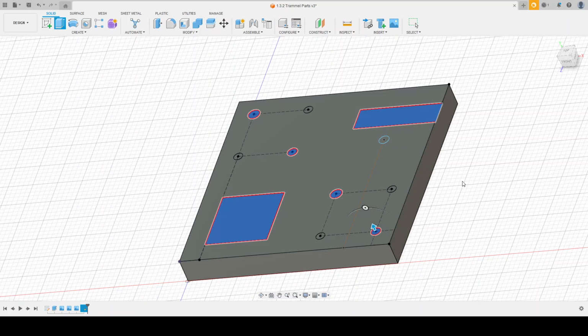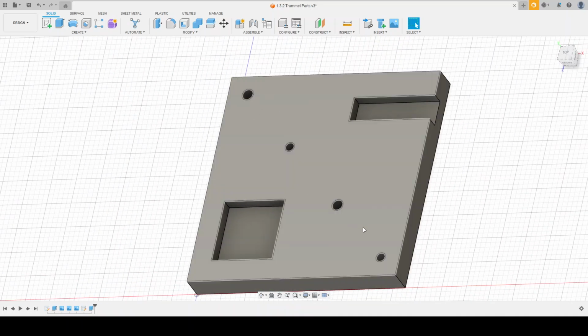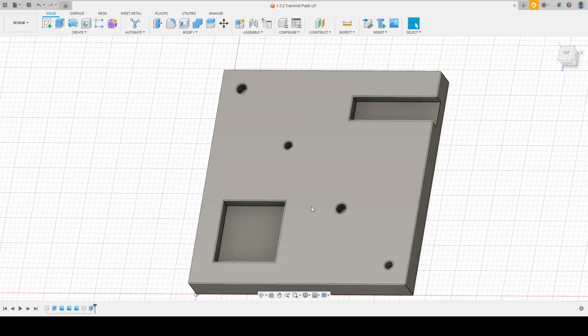To do that, we're going to go negative 0.48 because that's the thickness of our block. But then we're going to do divided by 2. Or you could type in negative 0.24. Either way, you get to the same answer. At least this way you don't have to do the math. Fusion will do the math for you. So we do that. We have our cutouts, we have our blind holes,